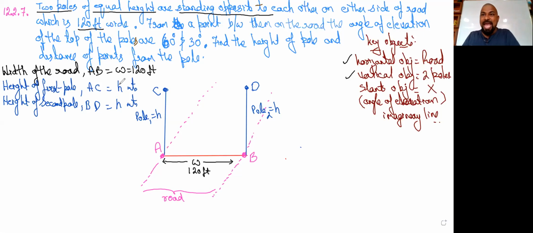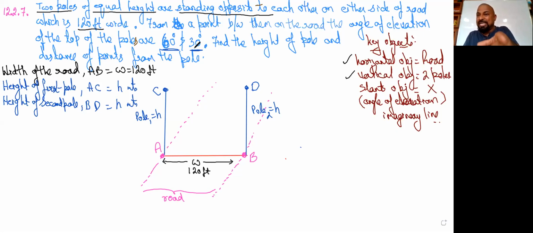And if you check the angles of elevation, one is 60 and one is 30. If it were exactly in the middle, probably it would be making equal angles, because the heights are equal. If angles are equal, then it might be exactly in the middle. But here, for the first pole it is 60 degrees, and for the second pole it is 30 degrees. But we know that if the angle increases, distance decreases. That is the logic we need.